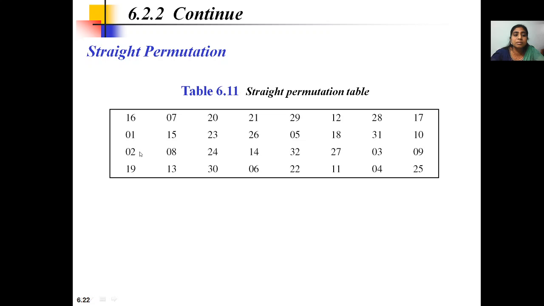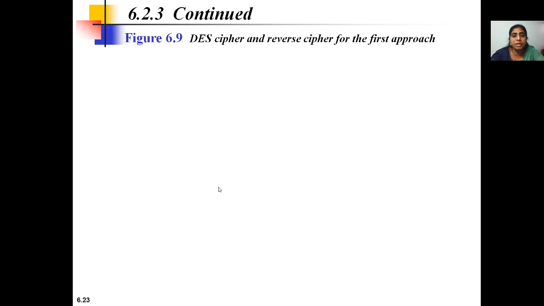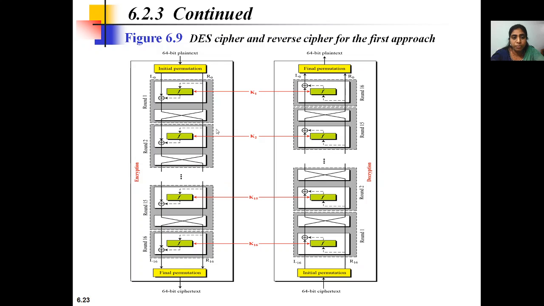The second bit is being replaced with the third value in this box. The 19th bit in the S box output is being placed in the 4th place. So like that we are going to transpose in these boxes, and that output is being taken and continued, and